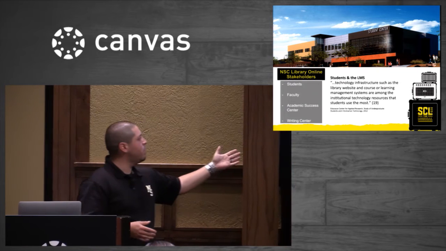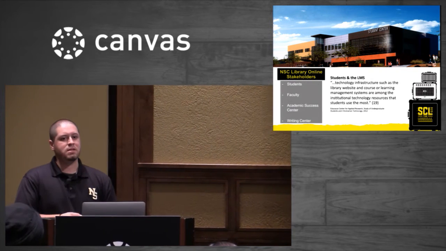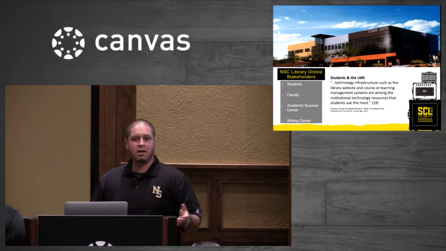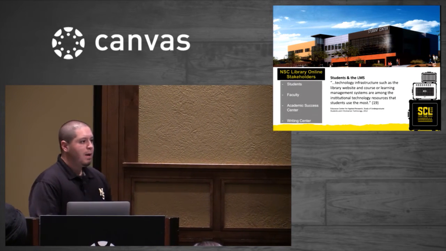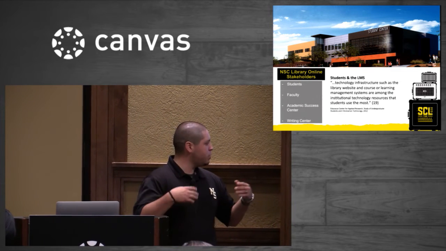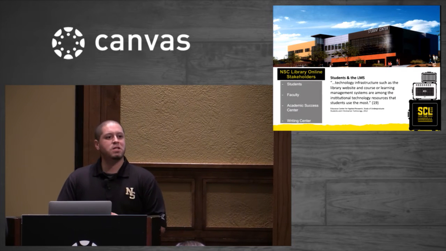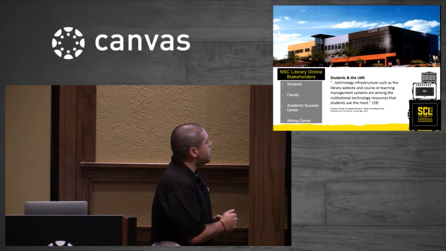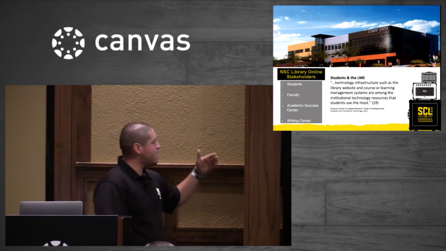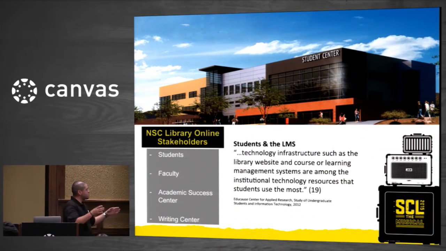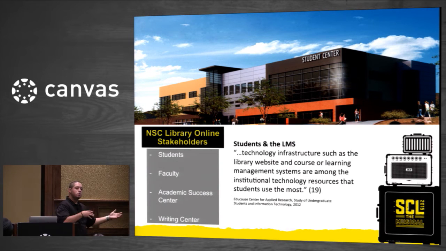And then who can you partner with? Academic Success Center has a presence in Canvas. And then the Writing Center. A lot of students, when they begin their research, they're going through library resources. They'll either do a library consultation or we do the library instruction one-shot session. They found all the resources, but we're not writing their paper for them. They're having troubles getting started with their writing. So this is who you can partner with, the Writing Center, Academic Success Center, and collaborate. Maybe provide links in our library presence, and they can provide links in their presence to the NSC Library Online.